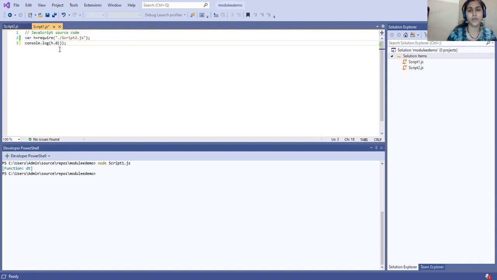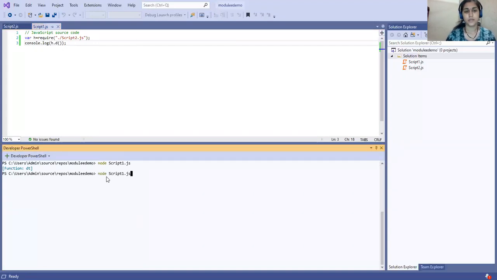So I have to call it as a function. Whatever function there is should return some value in JavaScript. If no return is written, it will give you undefined. So here, if I run this code, it will give me undefined.